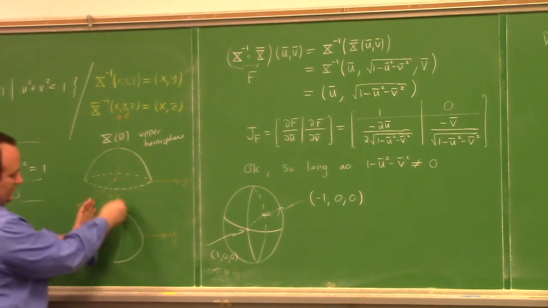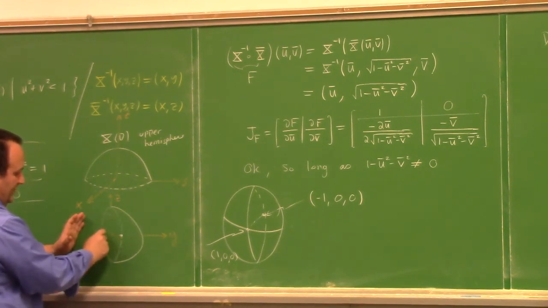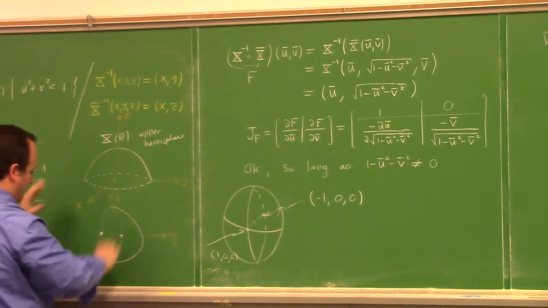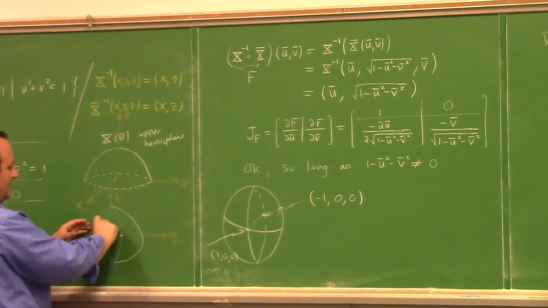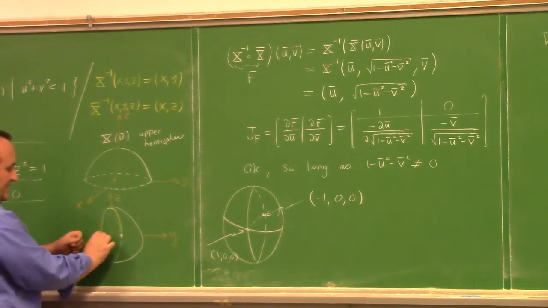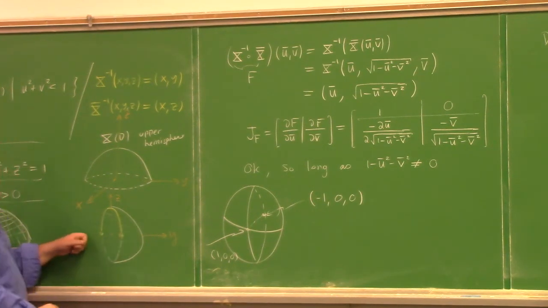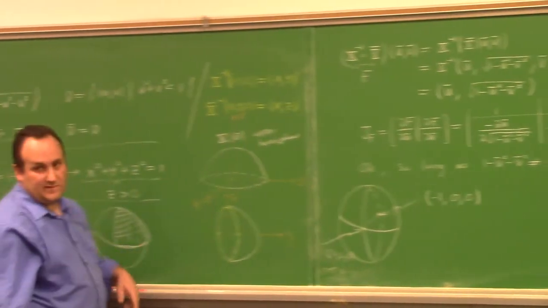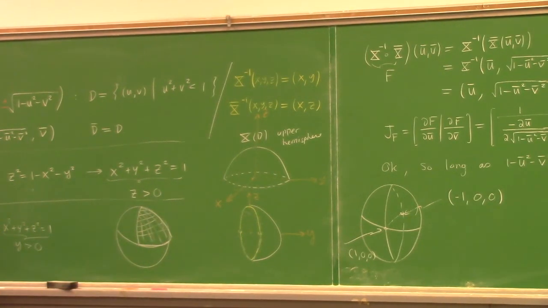We're missing those 2 points. I've got the whole right half, but I'm missing this point and this point in particular. From this one, I pick up all of these, but I never got my hands on the ones on the equator. And when I throw in the southern, I get all of those, but I'm always missing those 2 pesky points on the equator. So this is not an atlas for the sphere yet. These 4 patches together don't form an atlas because they don't cover the whole sphere. For an atlas to be an atlas, we have to cover the whole sphere.